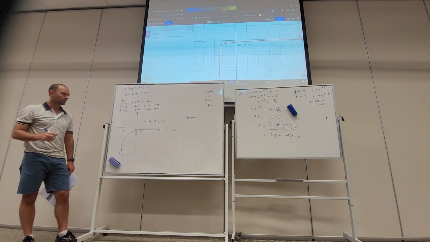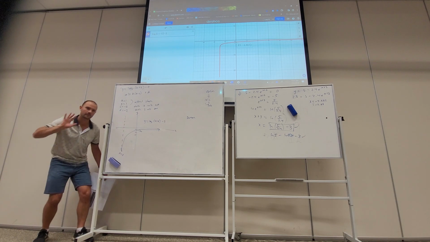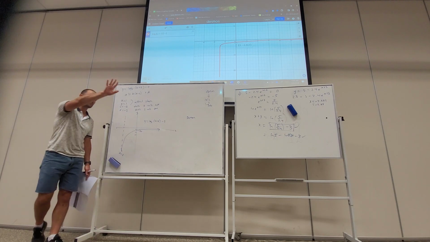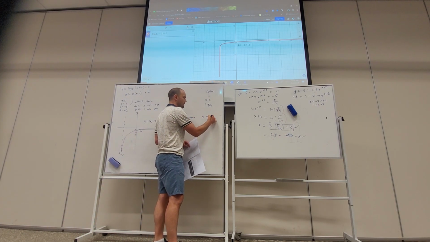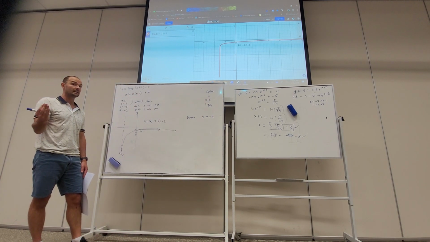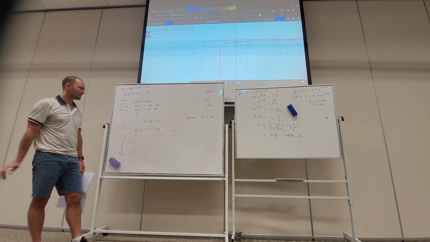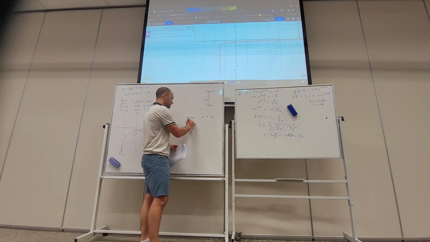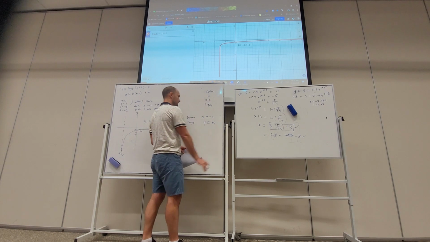Okay? So for the domain, we can see this function exists for all values of x larger than -3. So the way we denote that is x is greater than -3, not greater than or equal to, because it doesn't exist at -3. It gets really close to it, but all values larger than -3. And then for the range, the last dot point, the range for all logarithmic functions is